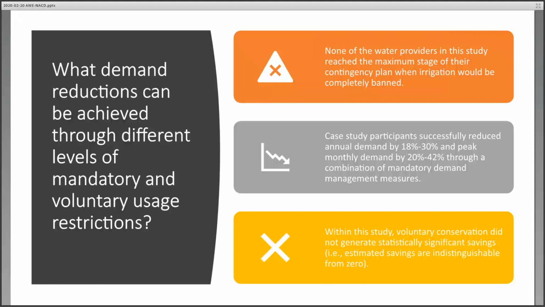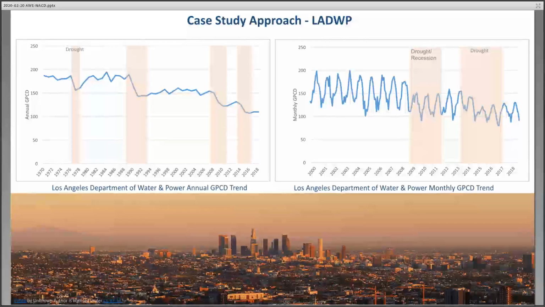That was a very interesting finding from my perspective. And also, none of these water providers reached their final stage in their drought plan, which was great news and a great finding because a lot of these water utilities in California and Texas were facing very serious droughts. And so I wanted to show you this to illustrate the type of detail and things that are in the